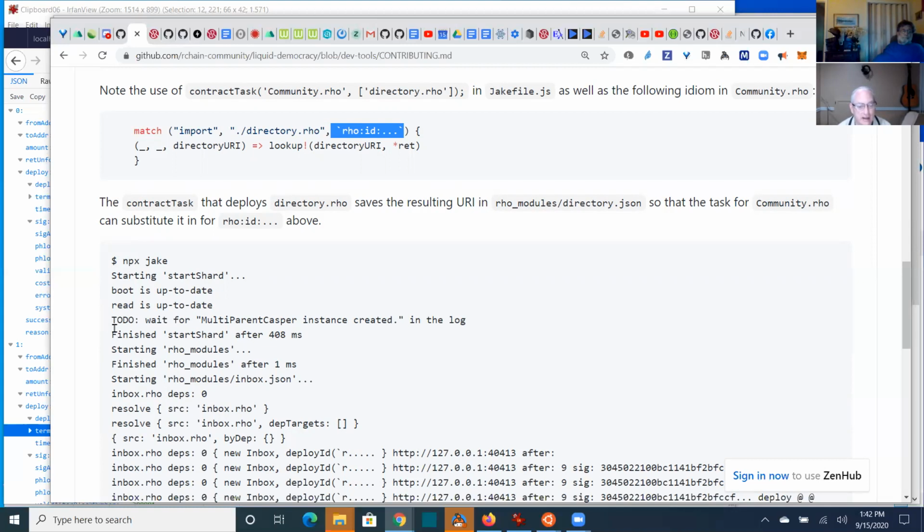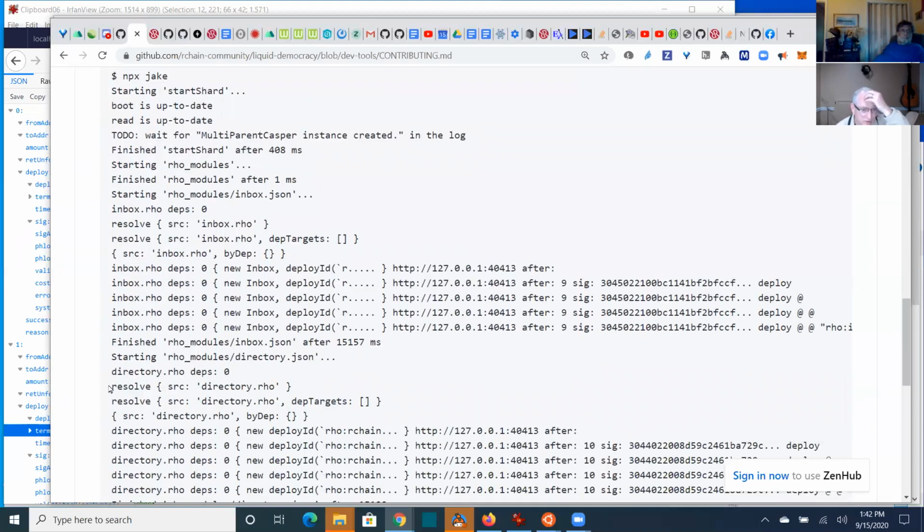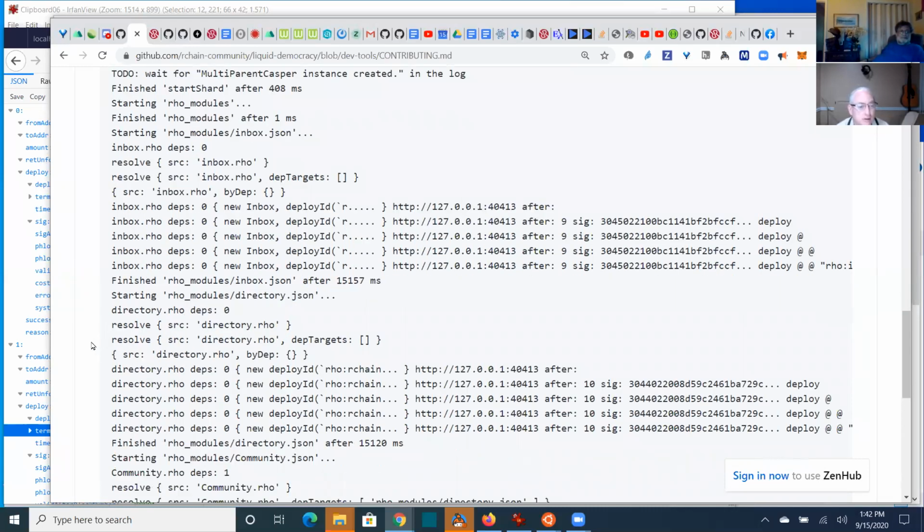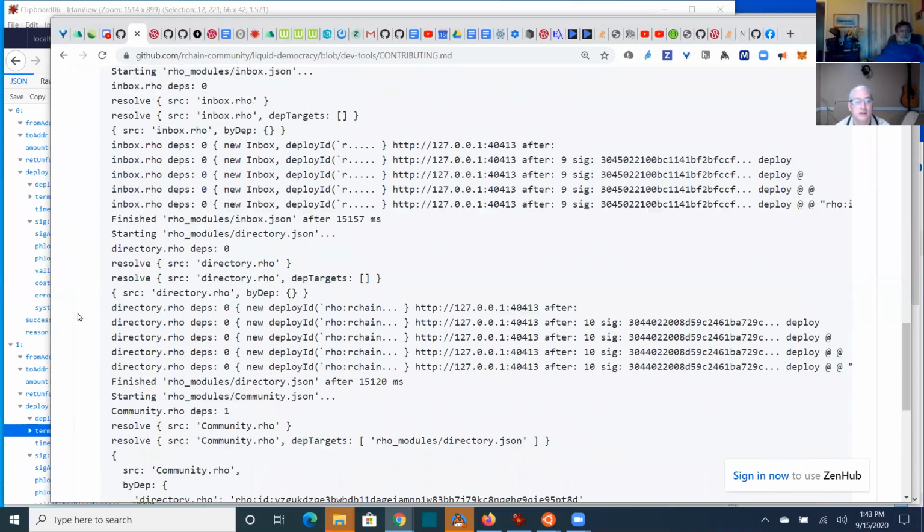Okay, so it took half a second to make sure the shard was up. And then it creates a directory called rho_modules. And now it's going to try to get the inbox information. So it discovers that inbox.rho doesn't have any dependencies. It has 0 dependencies, and we're going to resolve all the dependencies in there, and that's a no-op. And so then it takes inbox.rho with 0 dependencies, and it gives you the first few characters of that